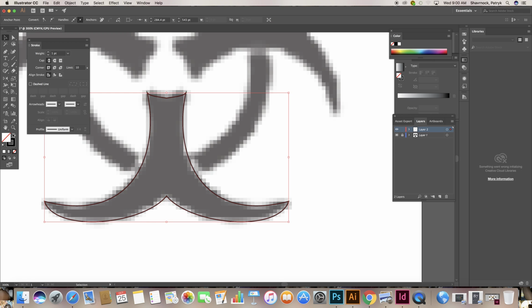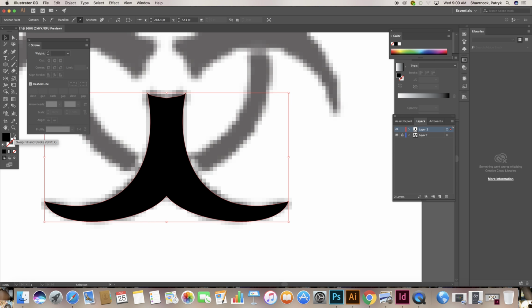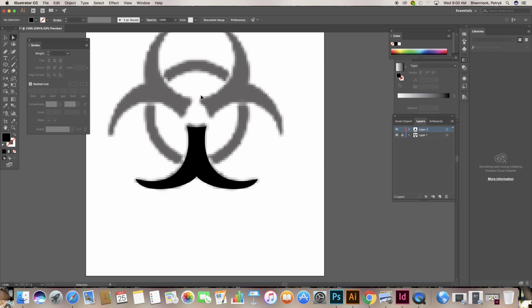It's a closed path. I could fill it with black. All I did was hit the swap fill and stroke. And this might not be perfect looking, but for our purposes, it's okay. I think I can lower those points down just a little bit. Alright, so now that I have this one object here,